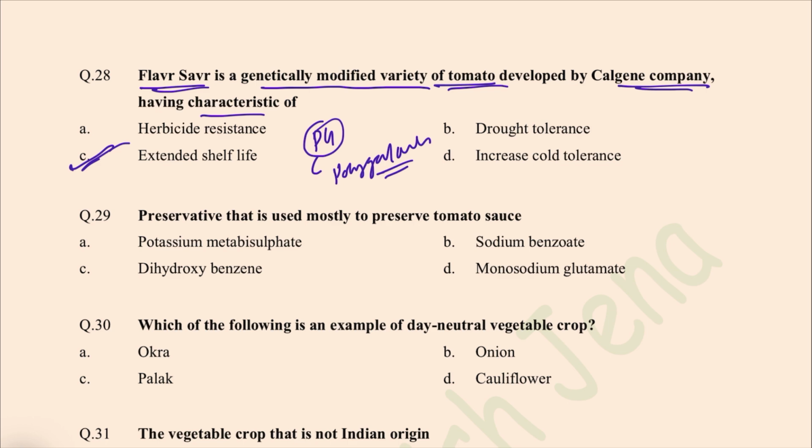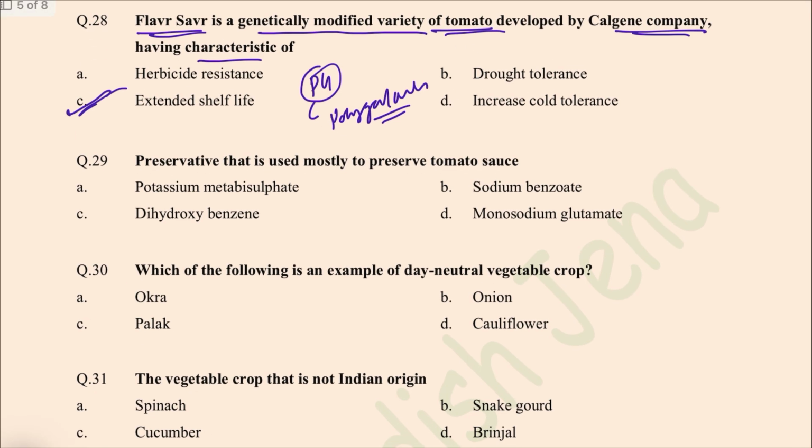So the first genetically modified food crop to be commercialized was Flavr Savr tomato. The enzyme responsible for the breakdown of pectin in the cell wall leading to fruit softening is polygalacturonase, that is PG. Next question: the preservative that is used mostly for preserving tomato sauce is